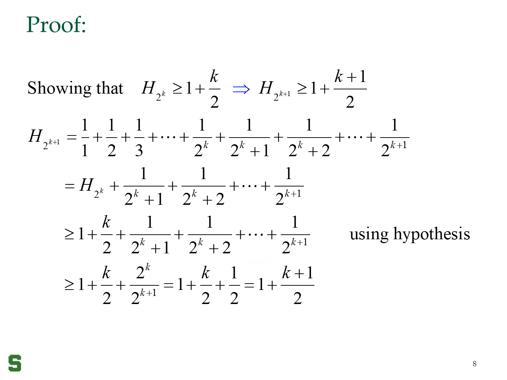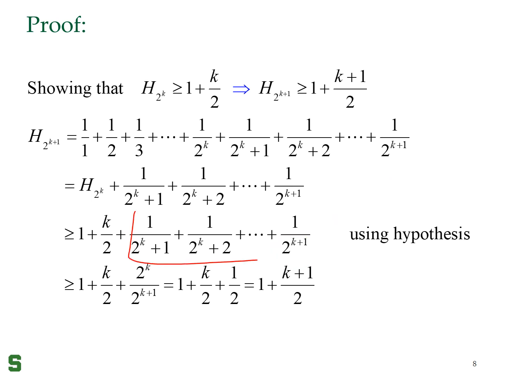So we can observe how many terms are there. I start from 2 to the power k plus 1. I end with 2 to the power k plus 1. So that means we have a total of 2 to the power k terms. This last term is the smallest term among these terms. So if I replace each of these terms,